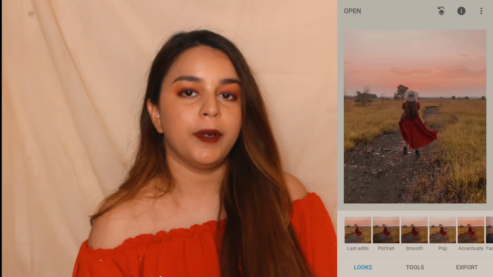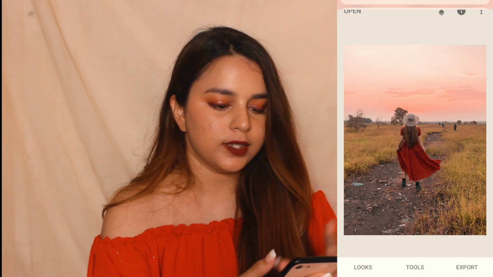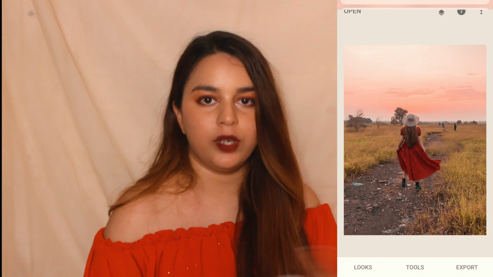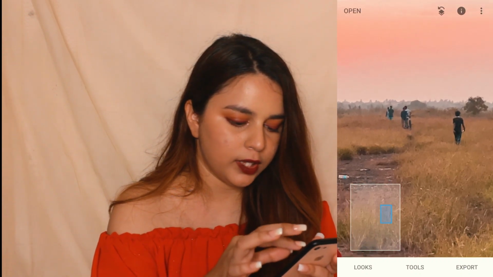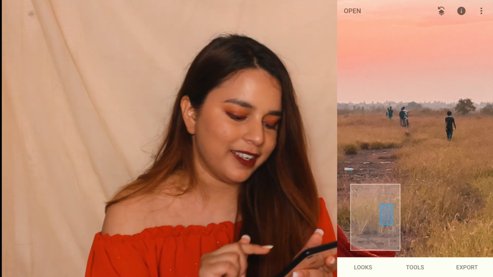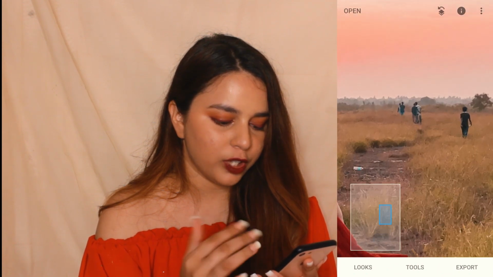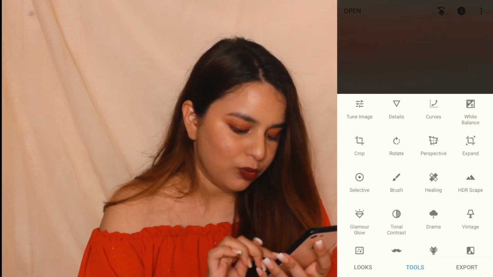Okay, so the other app I use is the Snapseed app. What I do in this app is I just like to erase some certain things I don't like. So I'll be editing this image right here. So let's begin. There are some people right here, and this picture is so beautiful. I love it. So I'm just going to remove these people. I'm so sorry, whoever they are.